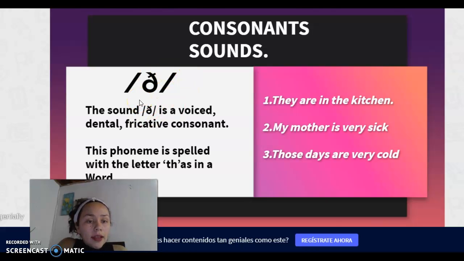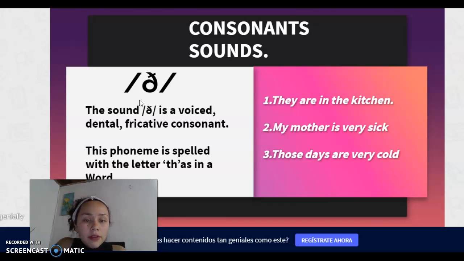and the sound is a voiced dental fricative consonant, and this phoneme is spelled with the letters TH, yes, as in a word. And this sound is voiced, and you produce it with your throat here. And to produce this sound, place your tongue between your top and bottom teeth and push the